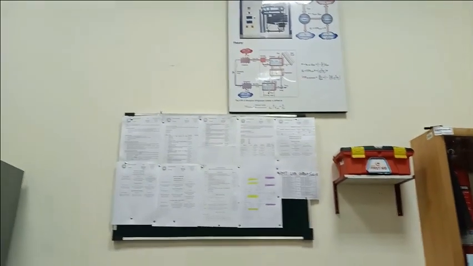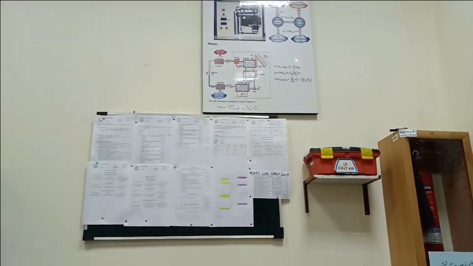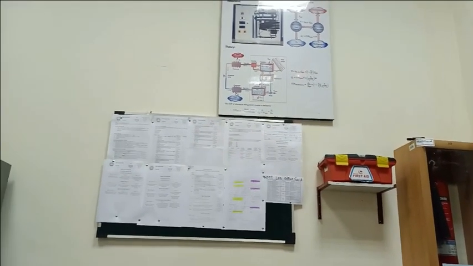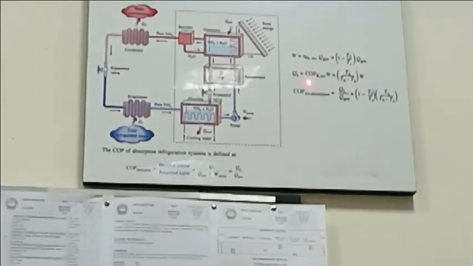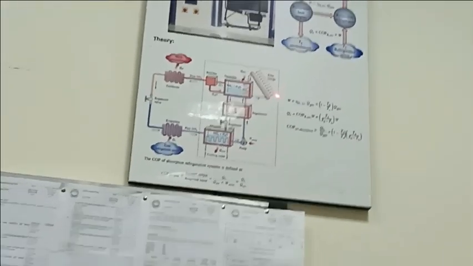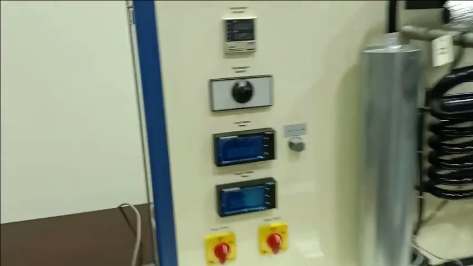Basically we have to know the values of temperatures. So here you can see we will find the value of the different temperatures T0, T1, T2, T3, T4, T5, T6, T7, T8, T9, and by putting the values here we can find the value of coefficient of performance and lower heat and other sections as well. So please get the help of the solution manual or the lab manual to know more about the separators of the absorption refrigeration system. So let me turn on the separators now.